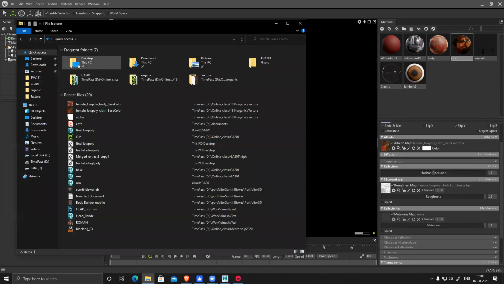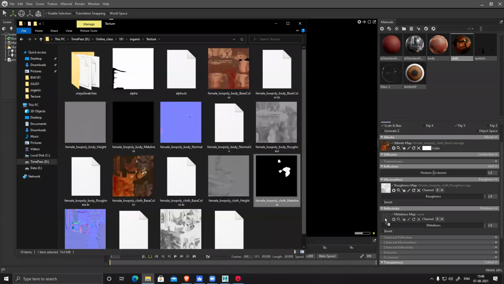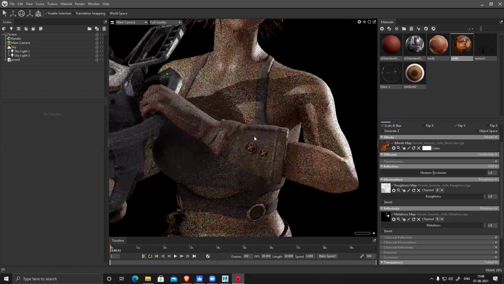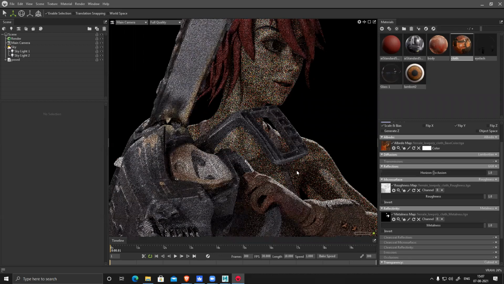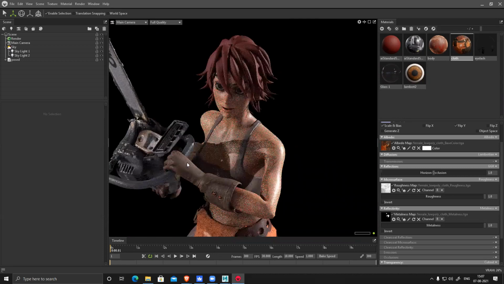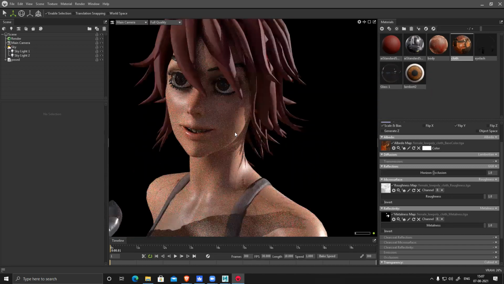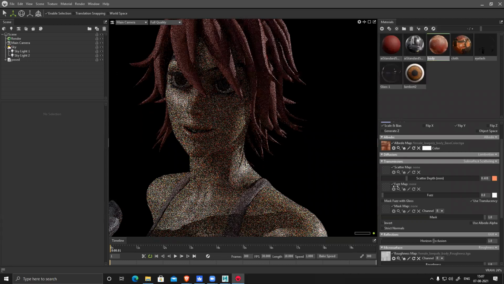Metalness. This one. Let's see. Too soft.